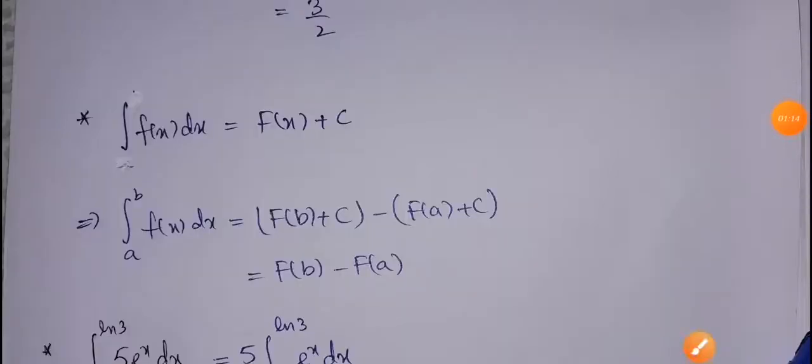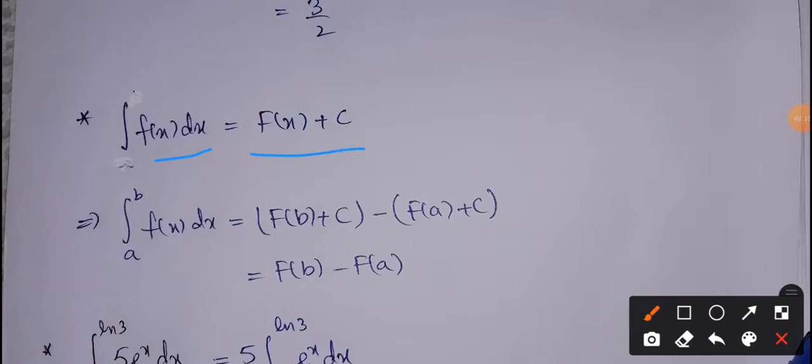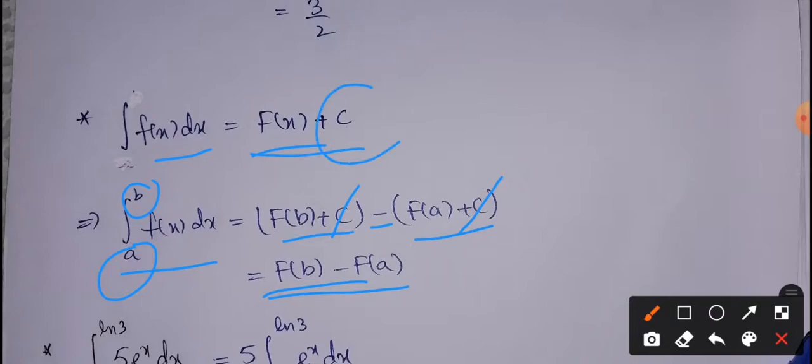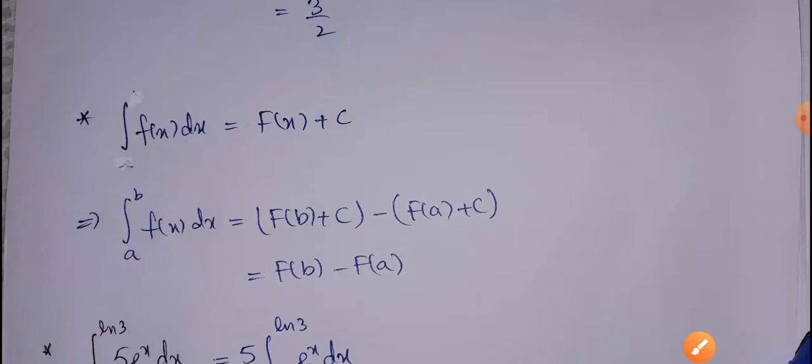That is, if the integral of f(x) dx is equal to capital F(x) plus c, then the integral from a to b of f(x) dx will be equal to what we are going to do. We are going to put the upper limit minus lower limit. So inserting x equal to b we get F(b) plus c, minus inserting x equal to a we get F(a) plus c. So this c and c will be cancelled out, so the final answer is F(b) minus F(a). That's why in case of definite integral the constant of integration plays no role. We do not need to put the constant of integration in the answer, because we get the answer in the form of a constant.